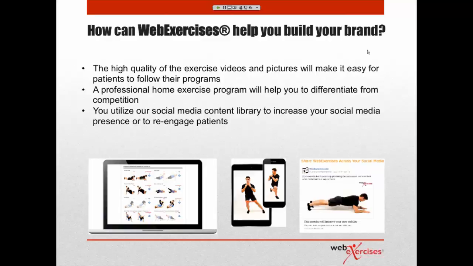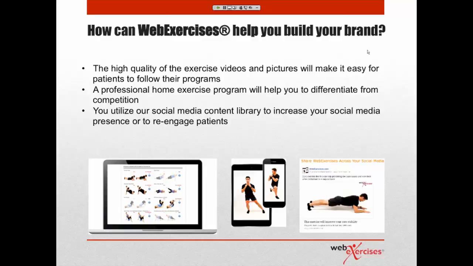And then we also want to show you a really cool tool to share exercises via social media to help build your brand through Facebook, to engage patients through Facebook. Because so often, once a patient leaves the office, we don't engage them that often. Well, let's keep them engaged through exercise. It becomes a really authentic way to talk to people and talk to your patients.